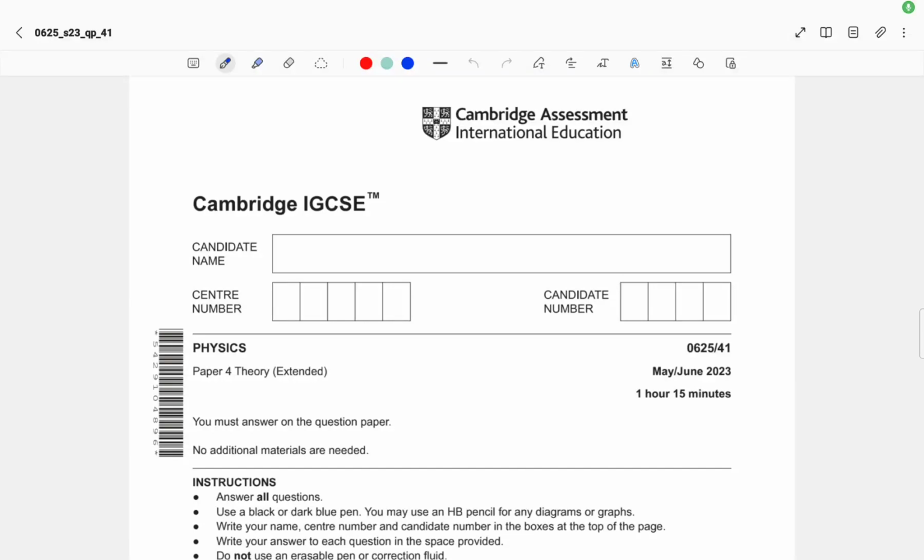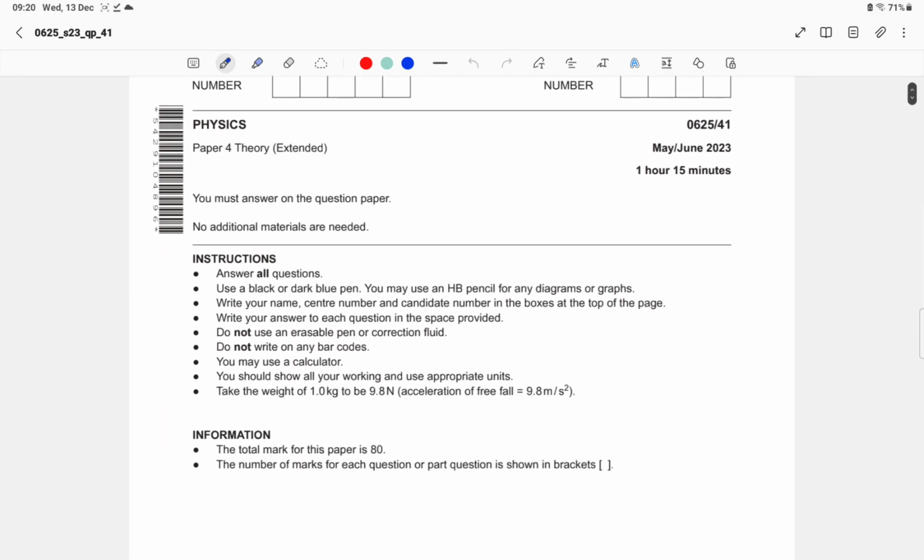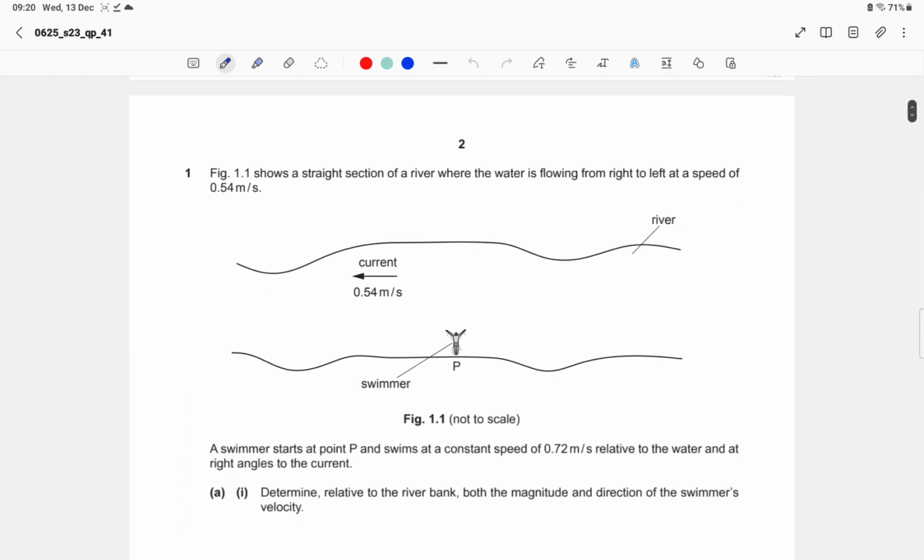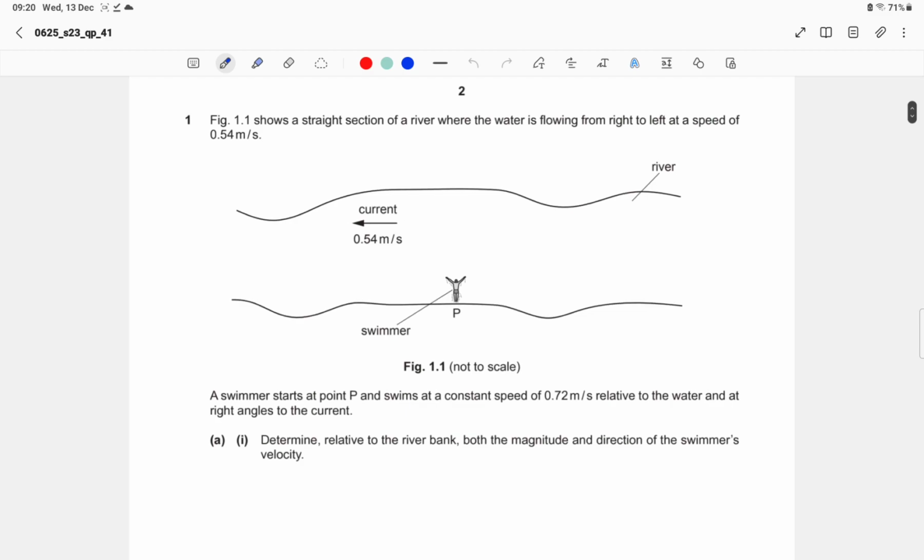Today we are going to solve Cambridge IGCSE paper 4, which is the theory paper, and the paper code is 0625/41. It's a May-June 2023 paper. So let's start off with question number 1, and it states that figure 1.1 shows a straight section of